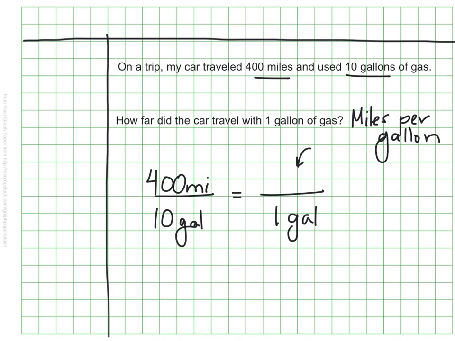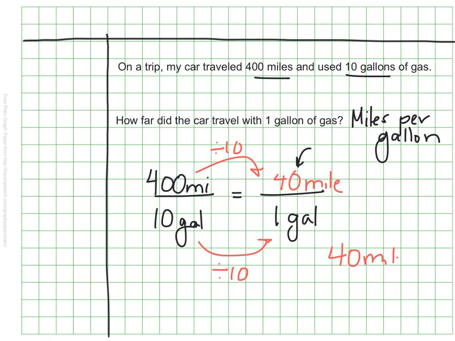And here it looks like I'm going to need to scale down. Right? I'm taking this 10 and dividing it by 10 to figure out just 1 gallon. And so I'll do the same thing to the top of my ratio. And of course, 400 divided by 10 would be 40. So I know that I was able to go 40